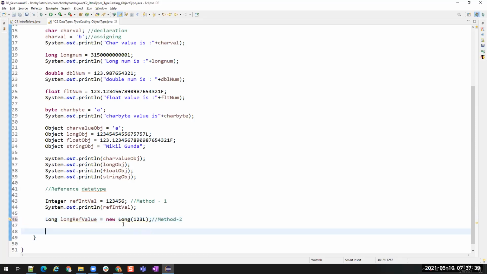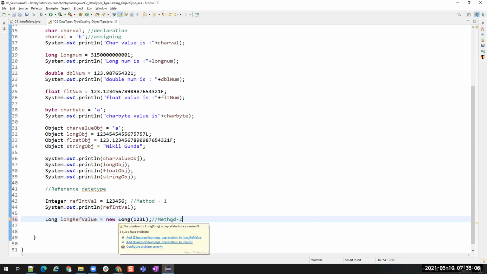Earlier we used to have this, but now they have deprecated it. So you see that this method or this long is striked off. Still it will work for now, but in the future they may not use this. They might remove this completely from Java. Okay, so that is why we should stop using this kind of creation of values from now on. Is that clear? That is similar as Boolean, same. This is deprecated, so we should stop using this way.